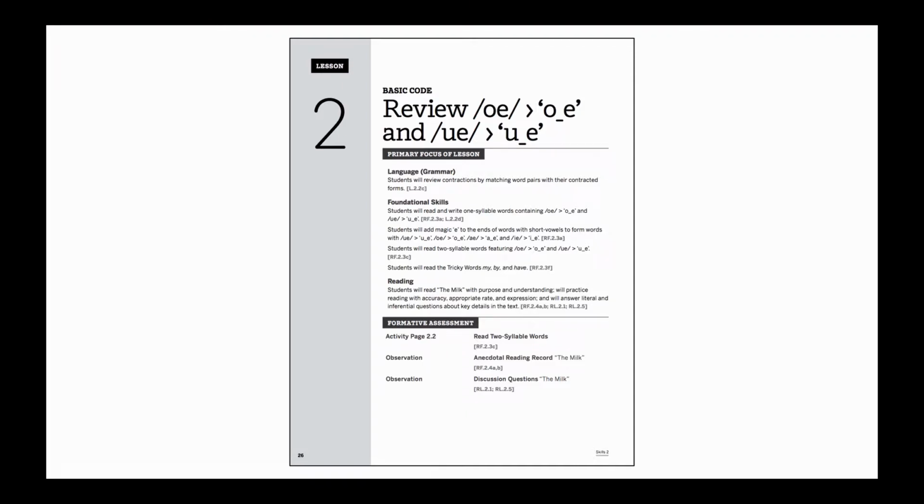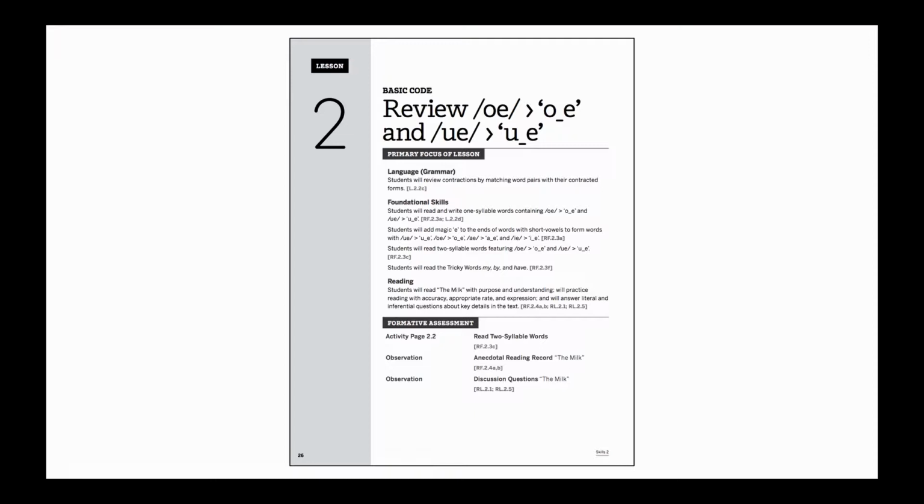There are many opportunities throughout a skills lesson to assess student mastery towards the lesson's objectives and those important foundational skills. For example, in this model lesson where students are reviewing that the O sound can be spelled O consonant E and the U sound can be spelled U consonant E, there are three formative assessments that have been called